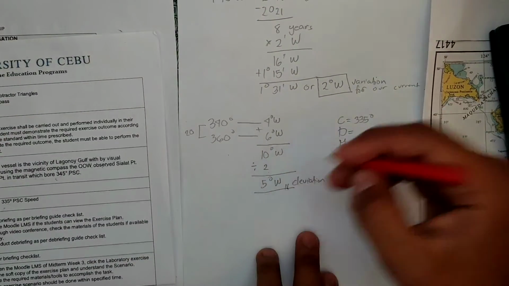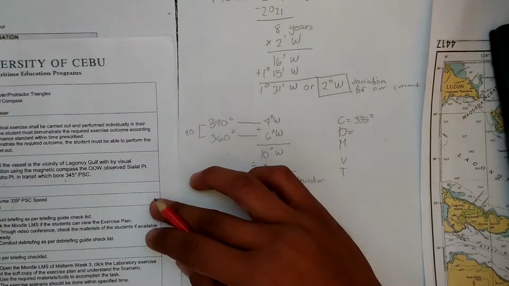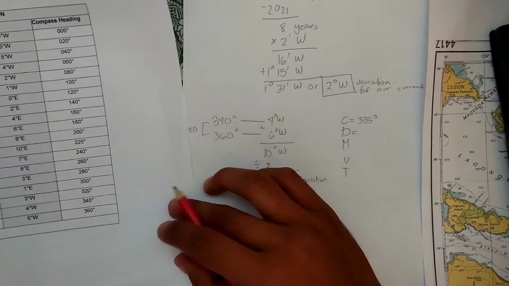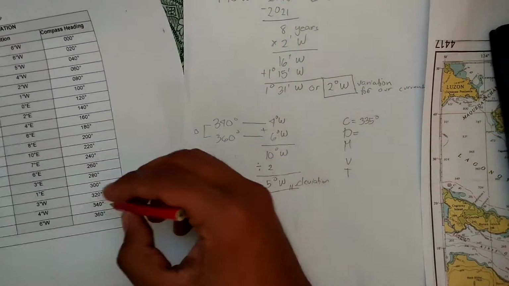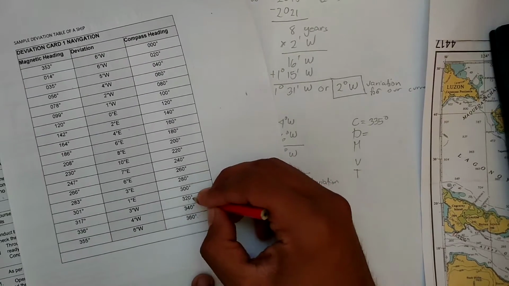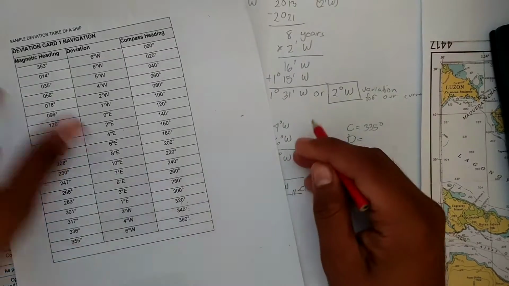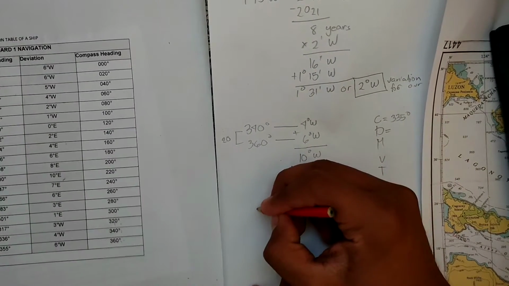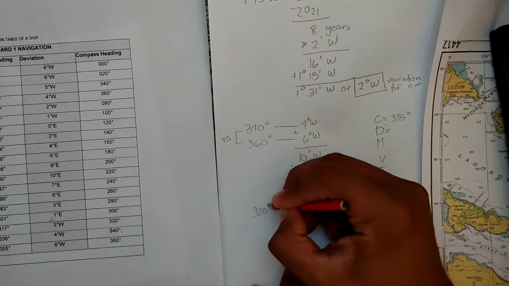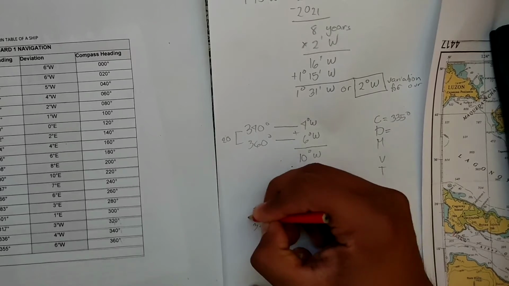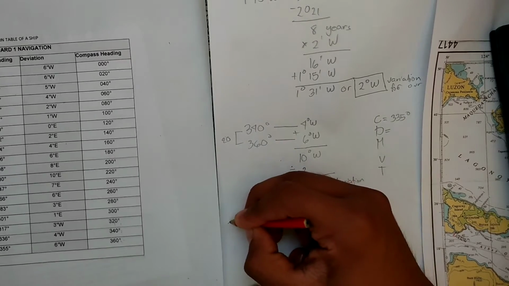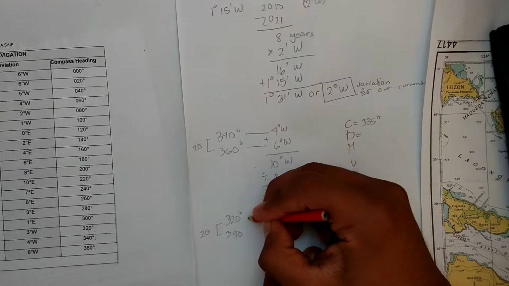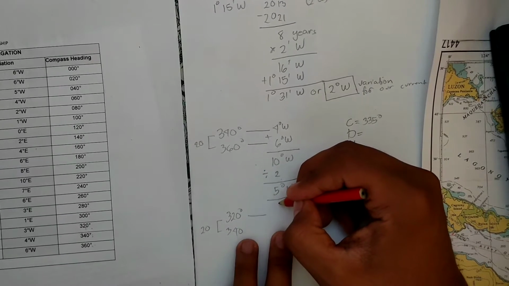So same thing, we have here deviation chart, so 335 belongs to 320 and 340, so 320 degrees and 340, we still have a gap of 20, and same thing, get the deviation of the two